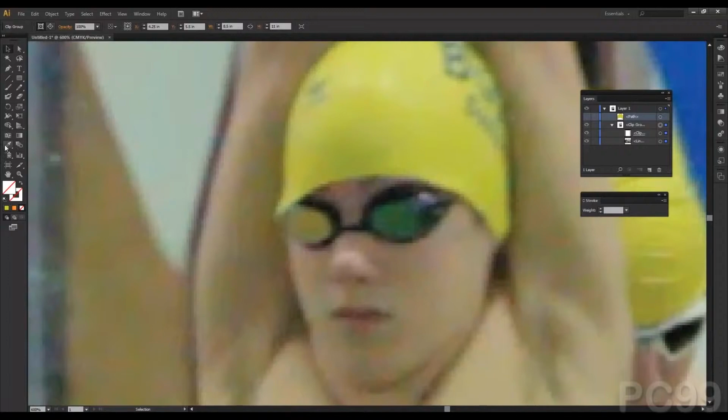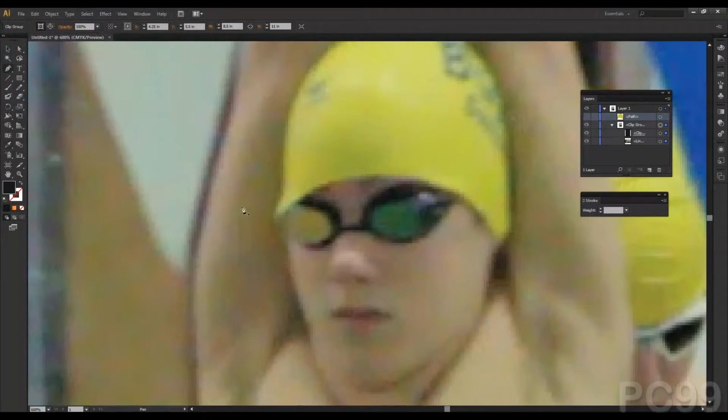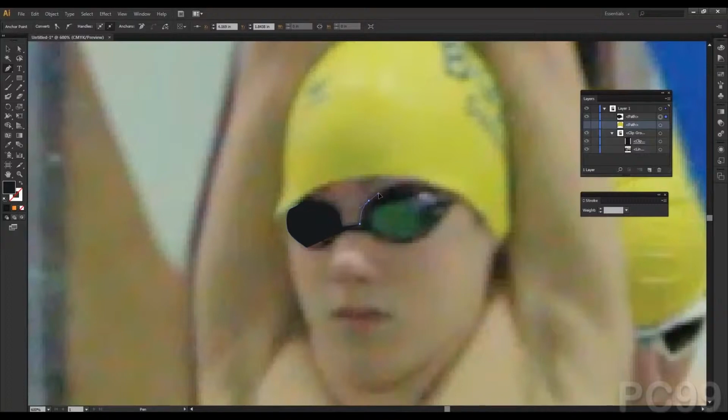Let's go ahead and make the goggles. We can just pick that. It's not a full black color, but it's pretty close, so we'll just estimate here. We're going to make full-on black goggles because I have found that these yellow highlights that are right there are very difficult to make look decent. And you can see here they're kind of a greenish color because there's different types of shading and lighting